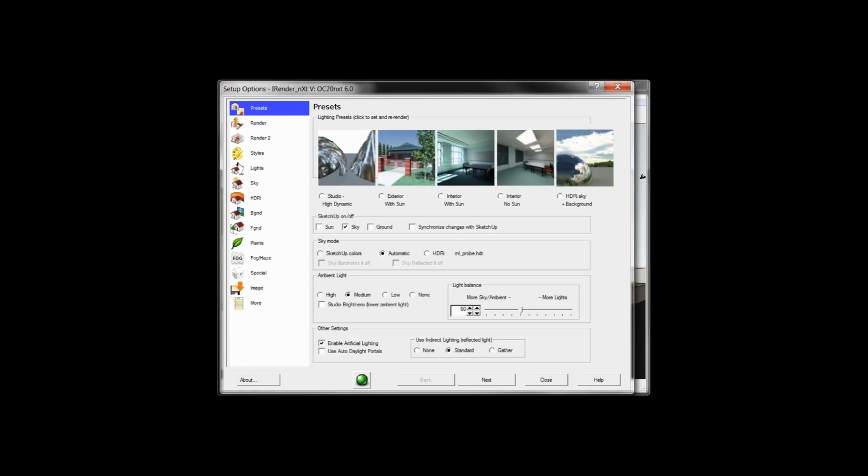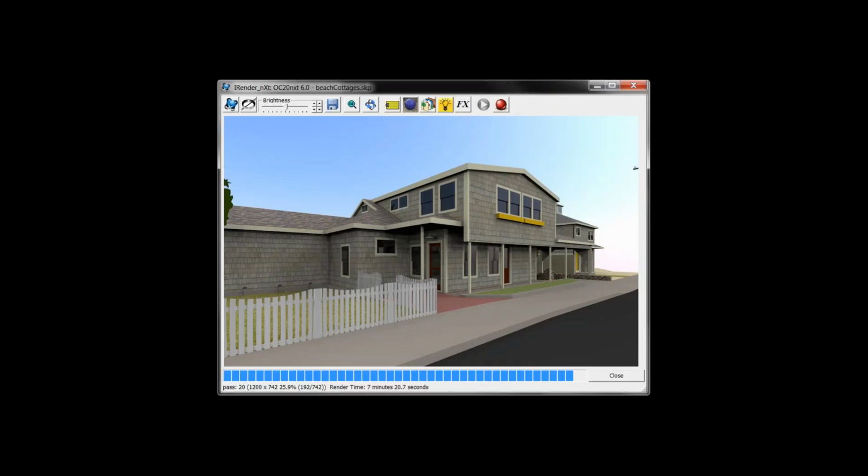In this next example, the sun is not being used, just the sky, and so this is the rendering. Notice that there are still very nice shadows on the model, even underneath the eaves. They're quite a lot more subtle, but they're very, very nice shadows. Now that goes back to the idea that with even just the sky, iRender Next is actually selecting position points